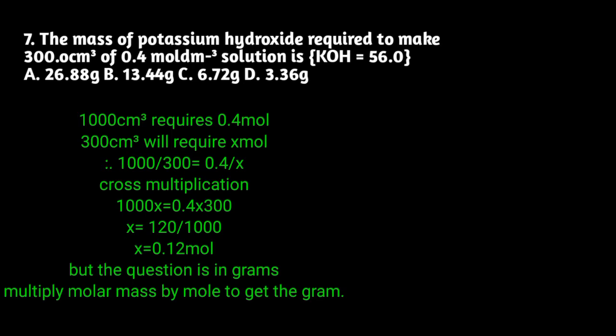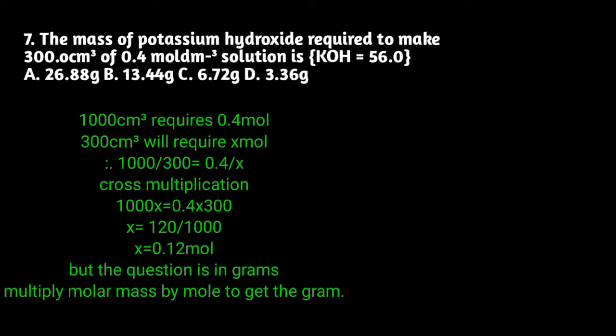But if we are trying to prepare 300 cm³, we don't know the amount in moles. Therefore, we use X. As you can see on the screen, it becomes 1000 over 300 equals 0.4 over X. If you make X the subject of the formula, you will have 0.4 times 300 over 1000, which gives us 0.12